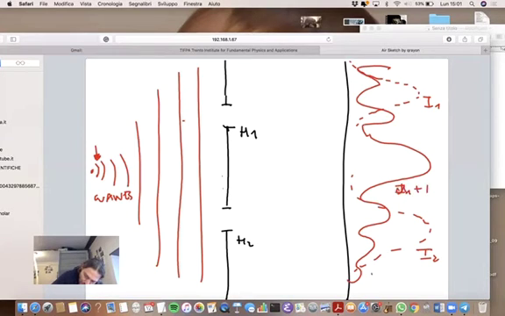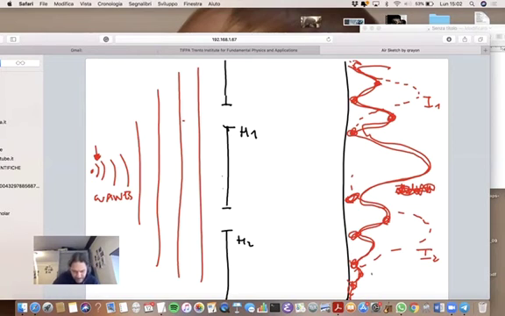This is when you have both holes open. When you have both holes open, you observe that the intensity of the wave measured by the floating device on the screen is actually maximum right in the middle of the distance between the two. And it has minima and maxima alternating. You see?